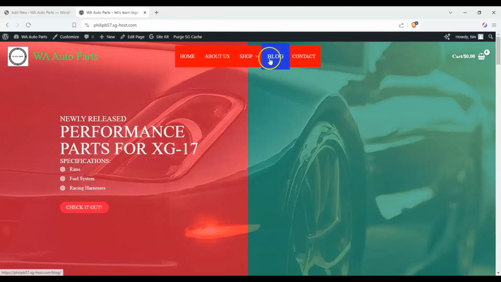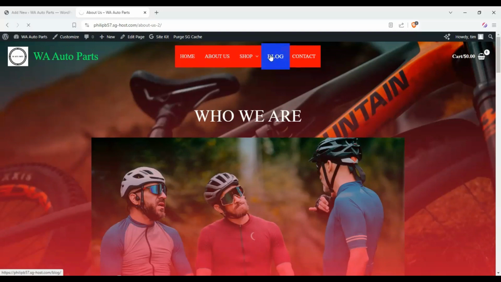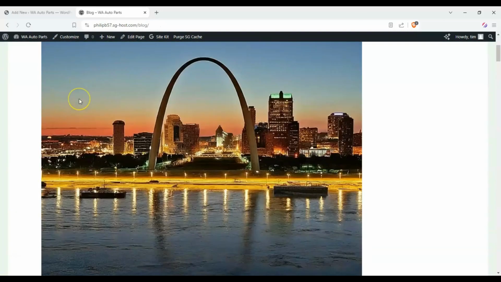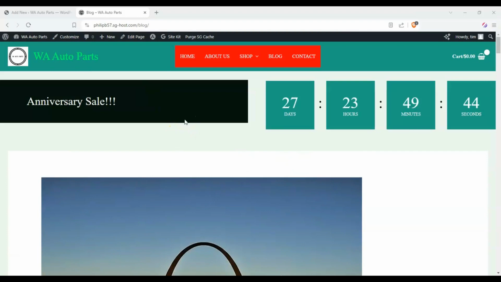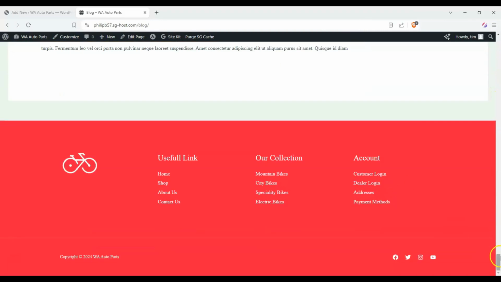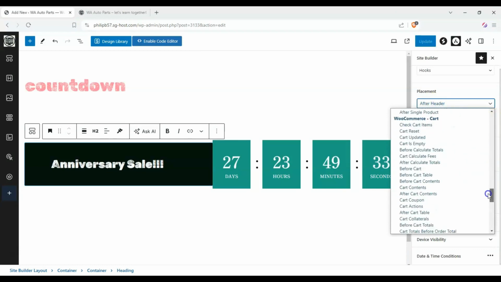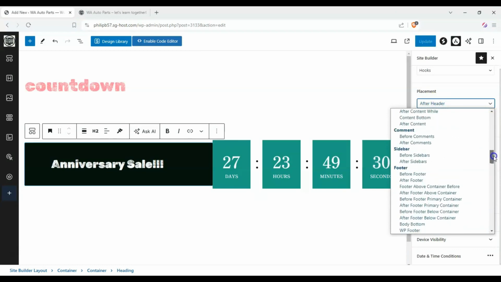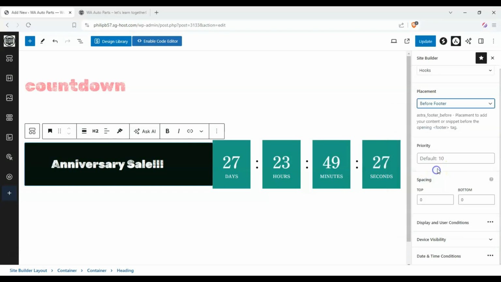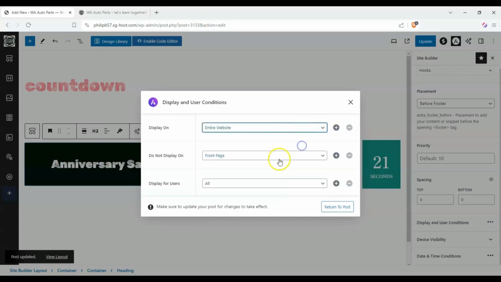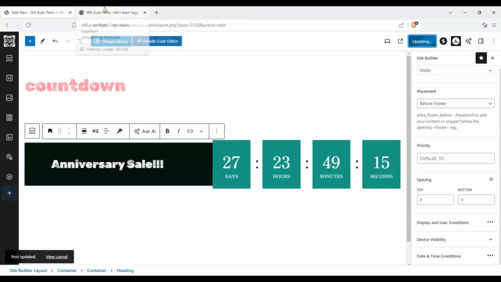Once we return home, it shouldn't be there. But if we went to our About Us page, it also shouldn't be there. And if we went to our blog archive, it appears for us there. Likewise, if we wanted it to be on the bottom of the page, let's say on our footer, we could do the same thing and click on footer up here, before footer. All right, and that should show it off to us, and we'll set that on the entire website just so that it's easier for us to see. Okay, we'll update that,